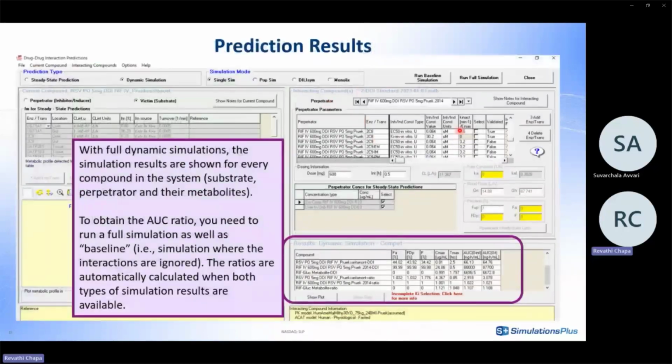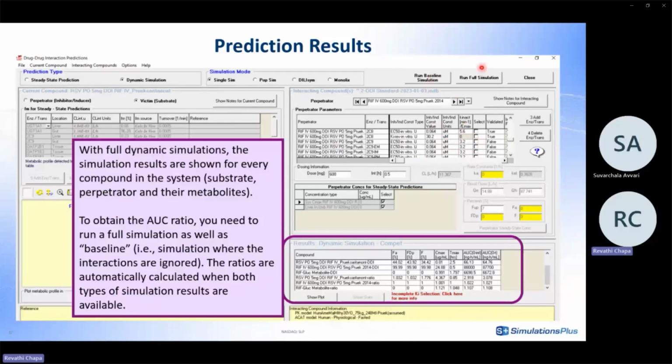So once you select all the relevant interaction parameters, here I wasn't showing what parameters I was selecting, but I did select parameters for 3A4, OATP 1B1, 1B3, BCRP, OATP 2B1. Those interaction parameters need to be selected, and we first run a baseline simulation. When we say baseline simulation, the compounds, both the victim and the perpetrator, are run as if they are administered separately, meaning there is no interaction happening.